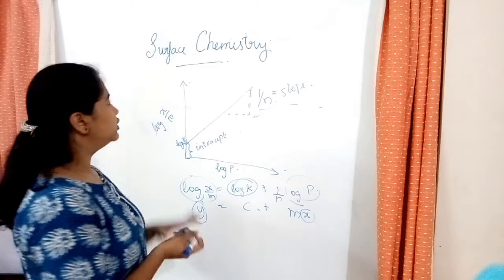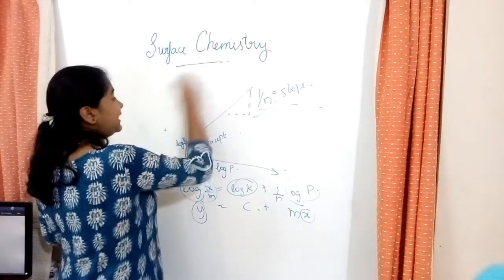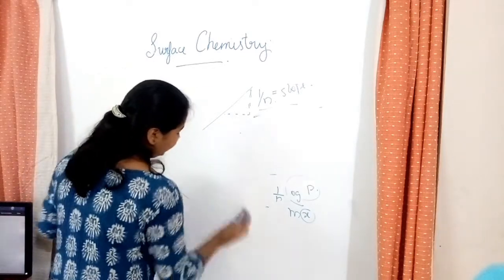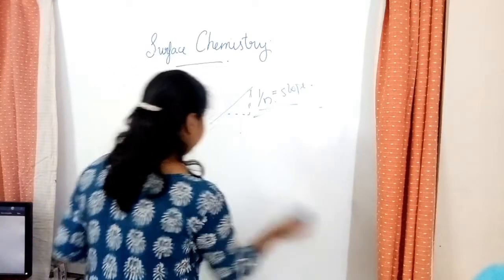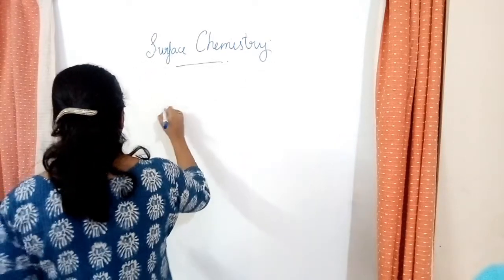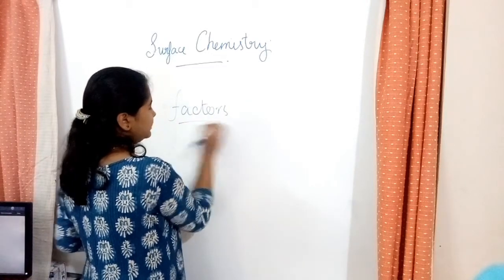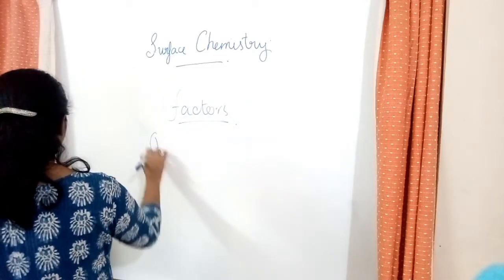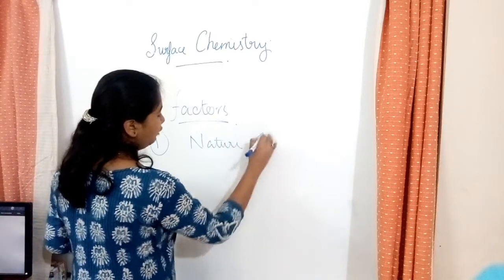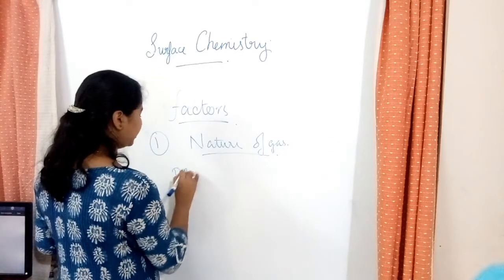That's as simple as it is. So next we will discuss the factors affecting adsorption of a gas on a solid. So let's write. So these are the factors. The first factor is the nature of gas. So for physisorption,